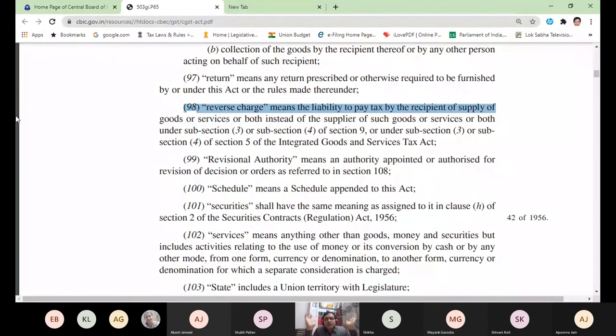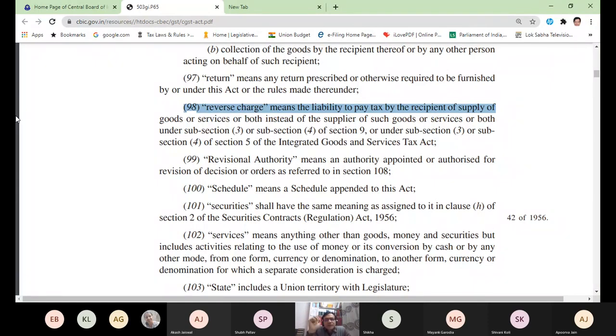Don't frame your own general definition when you read any legal subject. Read that respective section carefully. If you do not find anything in that section, go to the section which gives the definitions of the entire Act. In most of the Acts in India, it is given in section 2, but it is not compulsory that it is always in section 2. In some cases, you will find the definitions in section 3 or section 4, but you will find the definition in the initial sections. This is sure. So reverse charge is clear.